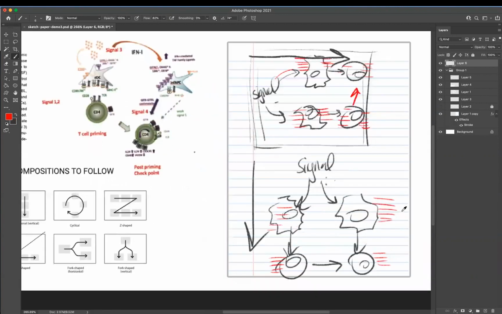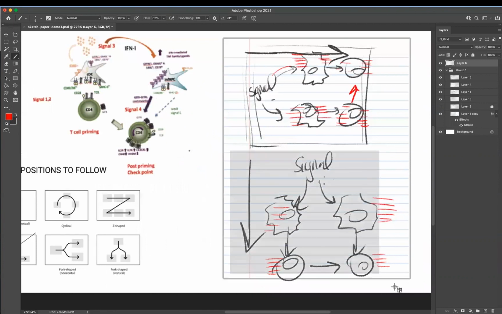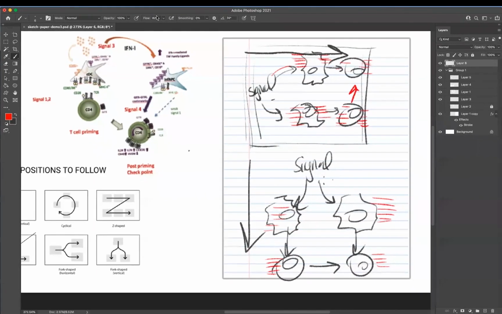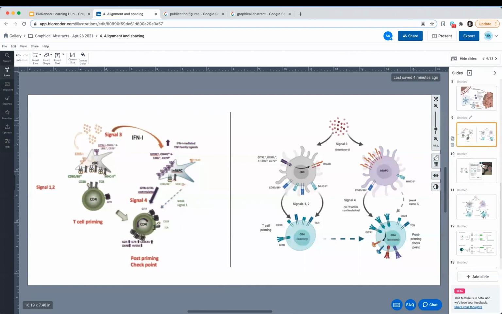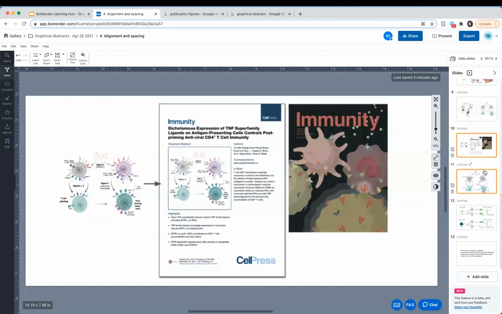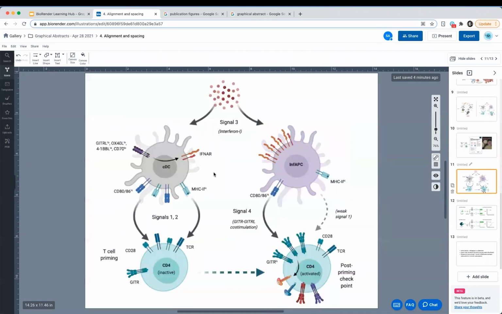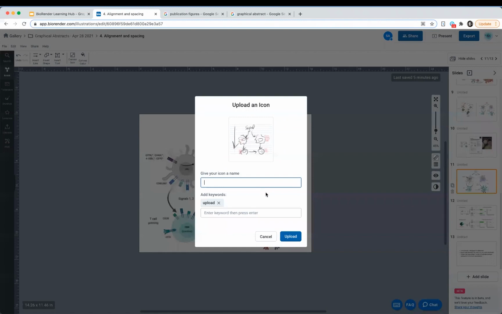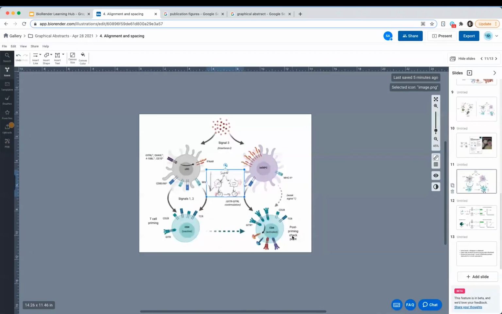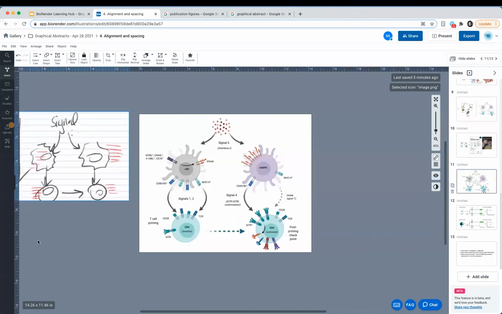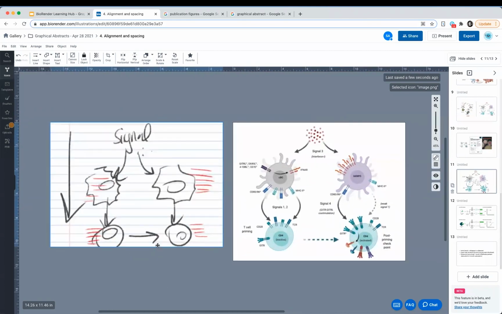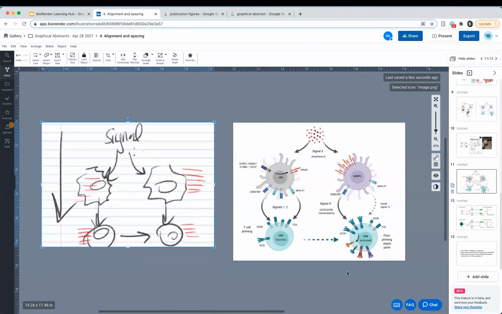Okay, so if you're kind of happy with your very rough sketch, what I sometimes do is export that. I'm going to do a quick shortcut here and just screenshot right into my composition. All right, zoom out and paste. All right, so what we did here was we took this sketch and we composed this on the right with